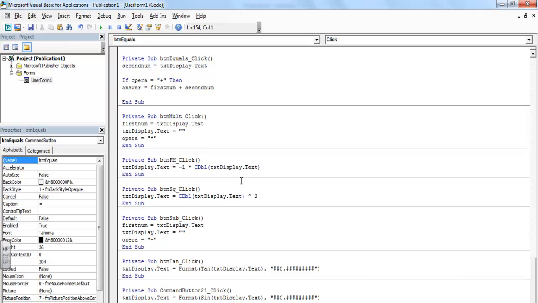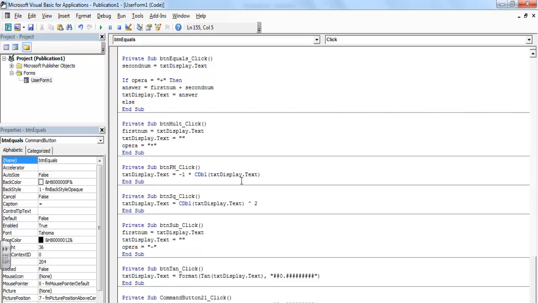There, and whatever we get goes into txtDisplay.Text equals answer. Else,